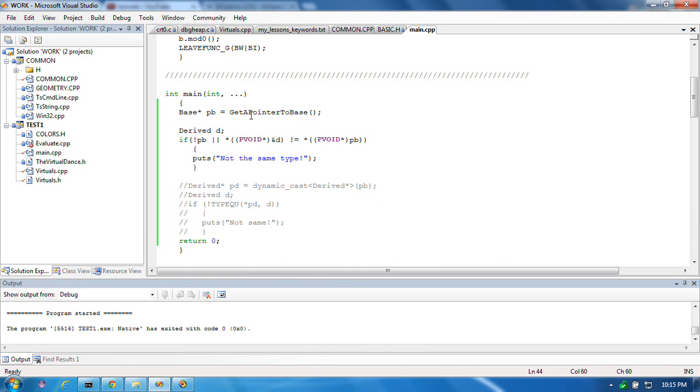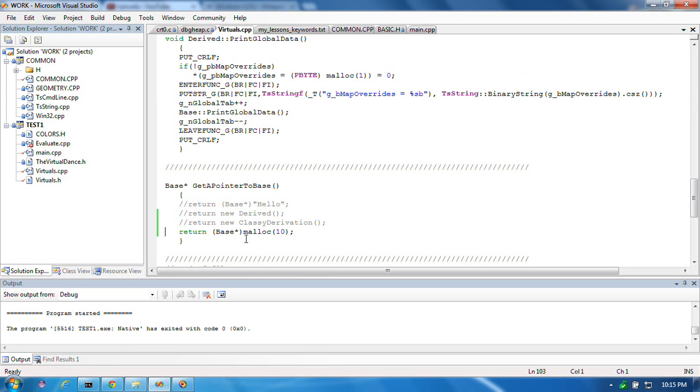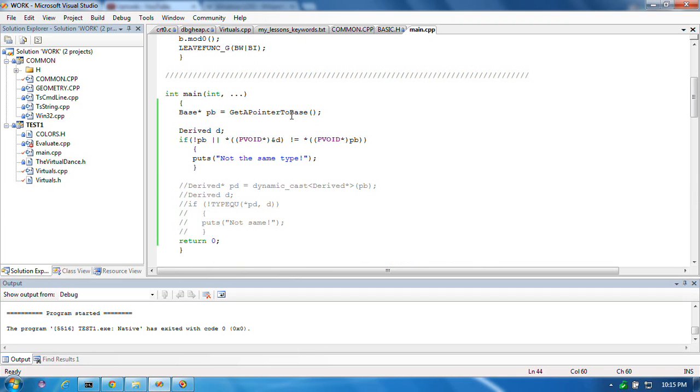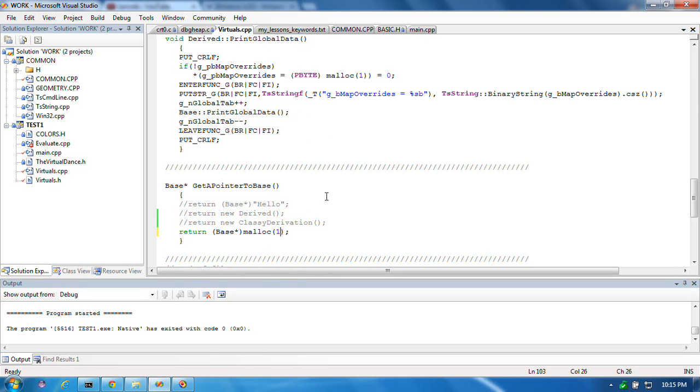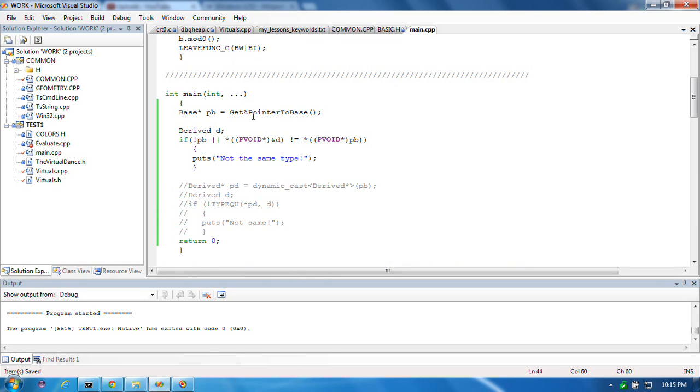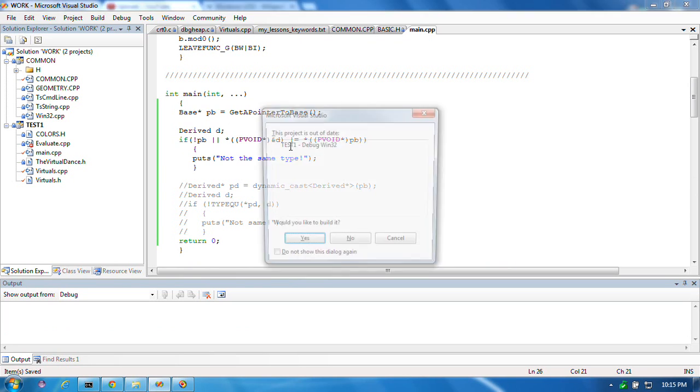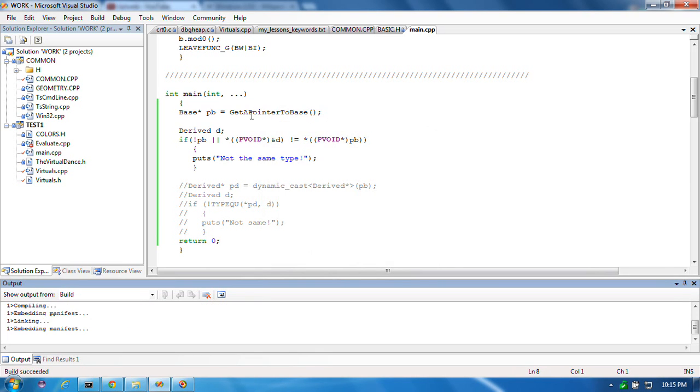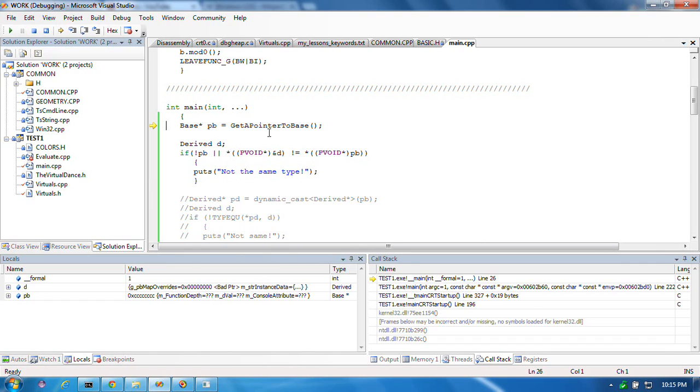Now, what have I returned here? Now I can show you. I just returned malloc of 10. Okay, so it's certainly safe for me to check that. What if I returned malloc of 1 or something, right? Is that going to cause an access violation? Well, the answer to that question probably depends on whether or not it's a debug version or a release version, but it's doubtful that you're going to get an access violation. Certainly in the debug mode,